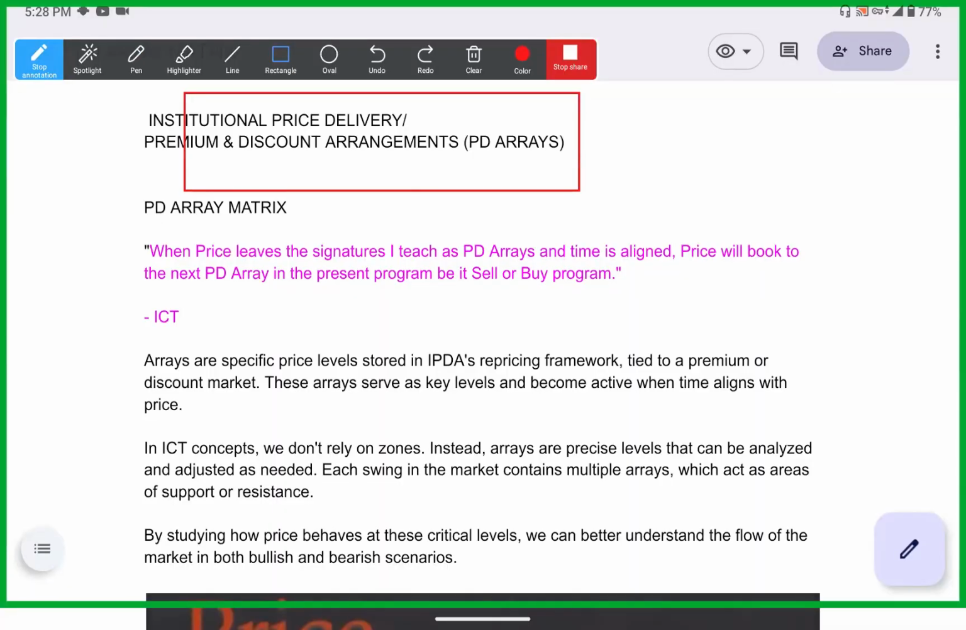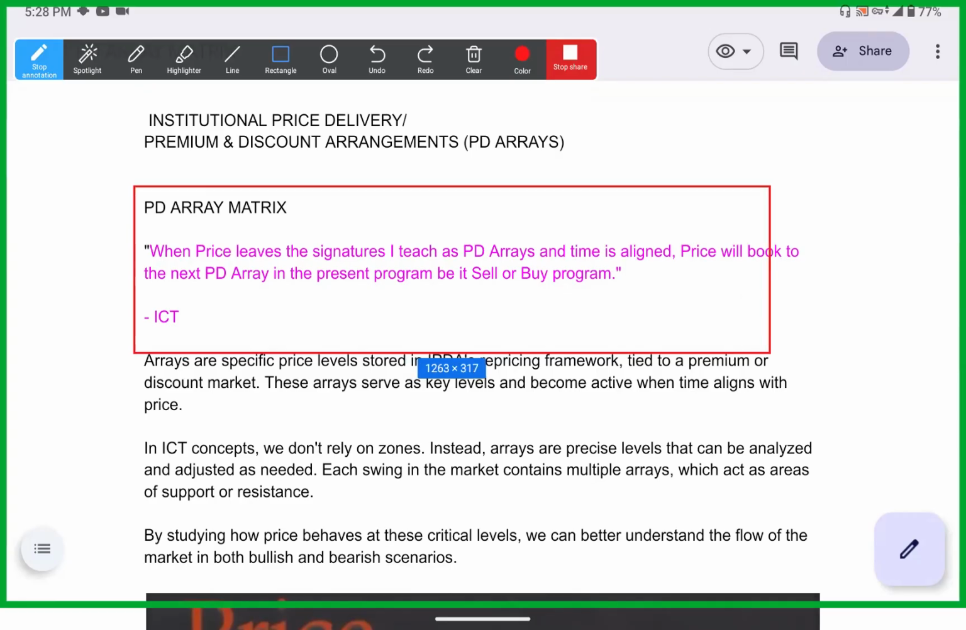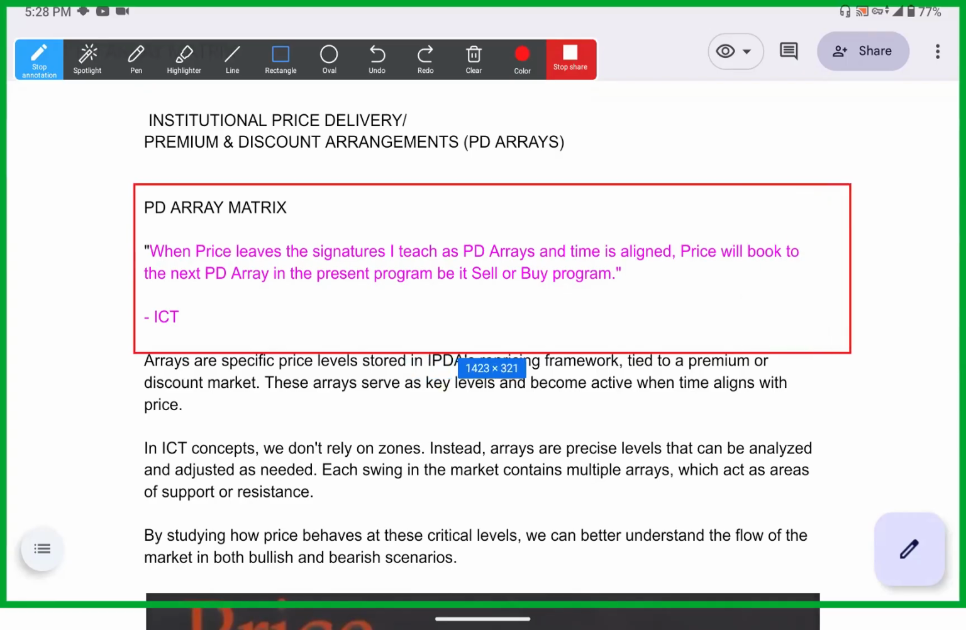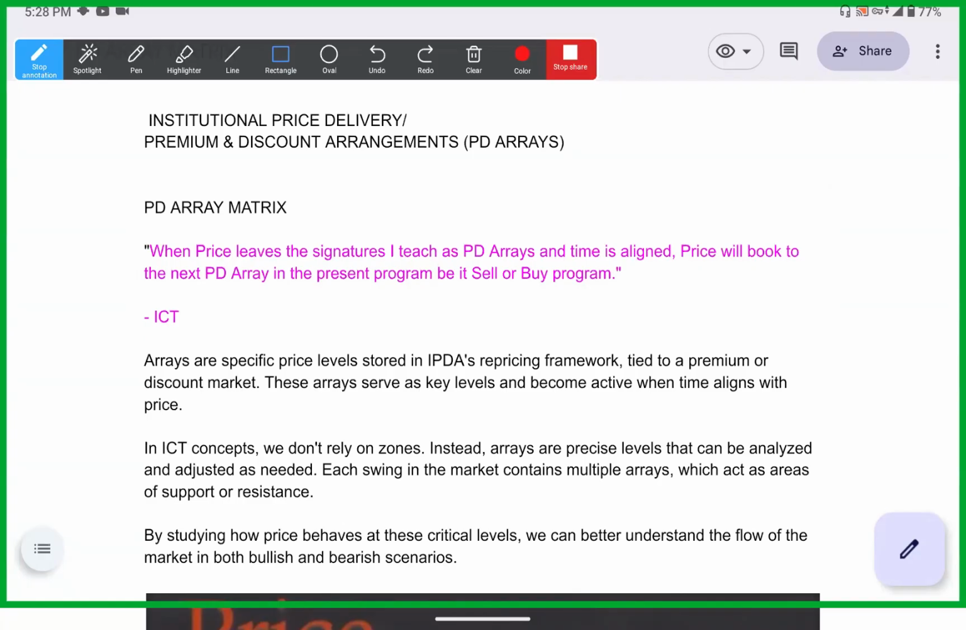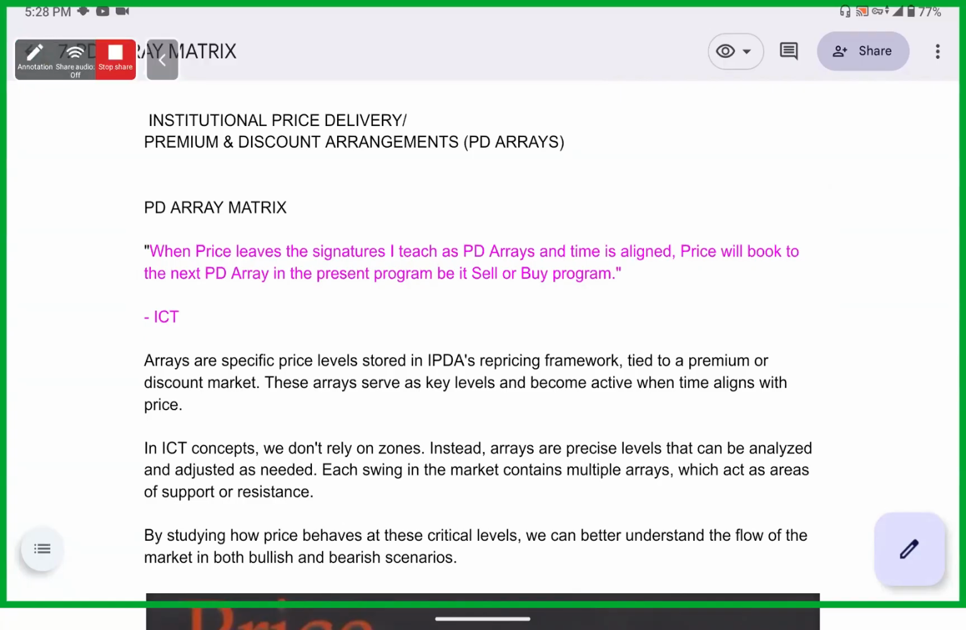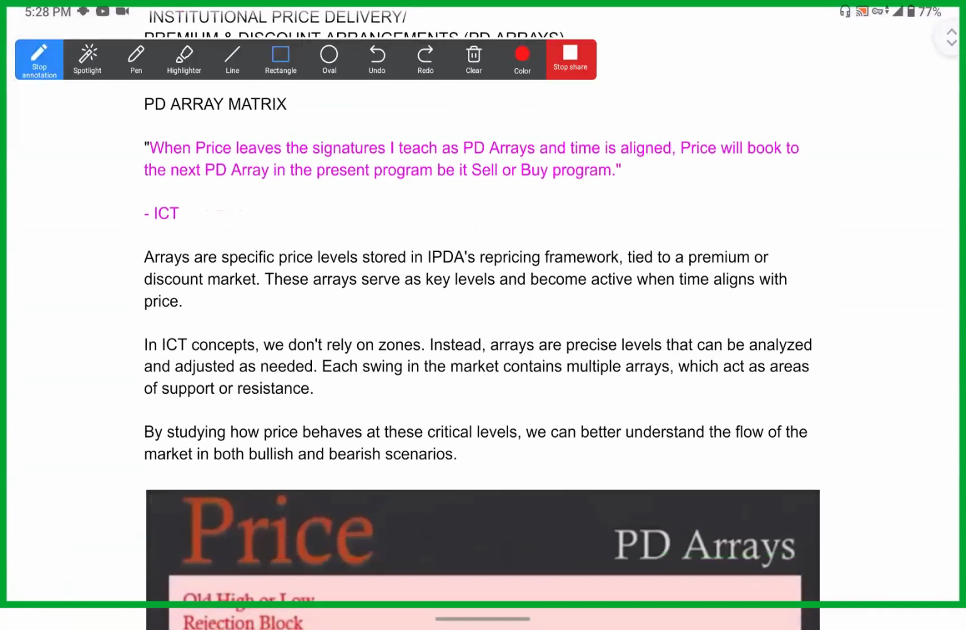Which is premium and discount arrangement, in short form PDA arrays. So what are PDA arrays? PDA arrays is when price leaves the signatures I teach as PDA arrays and time is aligned. Price will book to the next PDA array in the present program, be it a sell or a buy program. So PDA arrays in simple terms, they are just